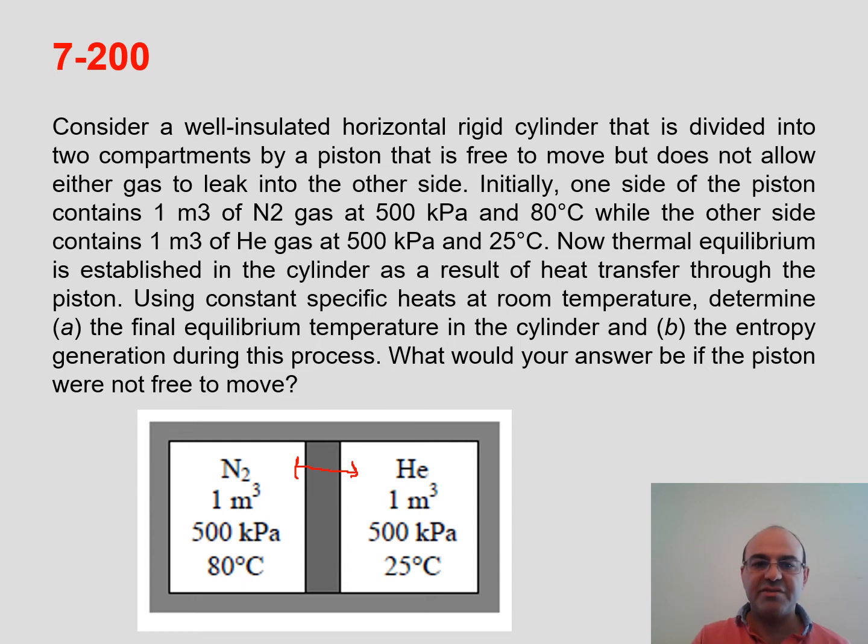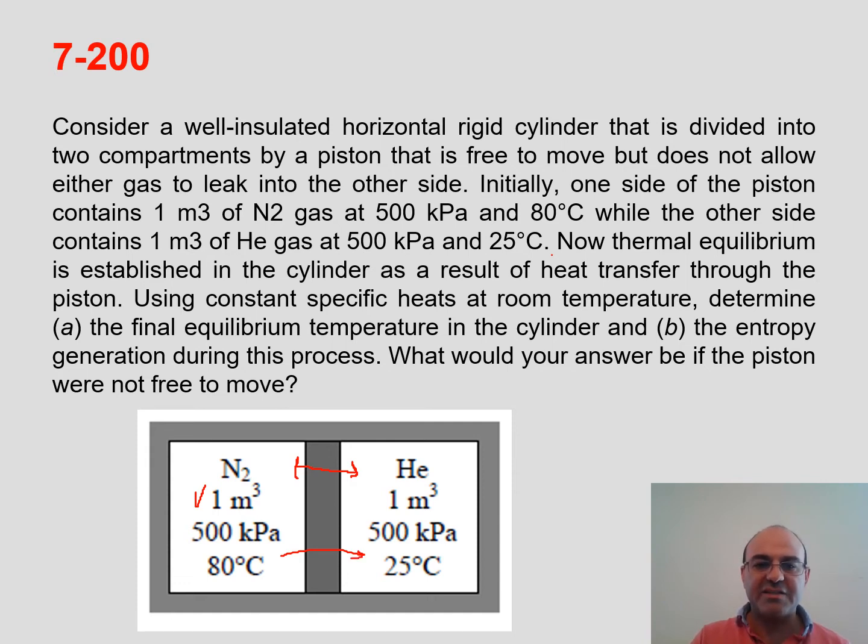Initially, one side of the piston contains the amount of nitrogen you see here, the other hydrogen, at the same pressure but different temperatures. Now, with these initial conditions, thermal equilibrium is established in the cylinder as a result of heat transfer through the piston. So heat transfers from nitrogen to helium